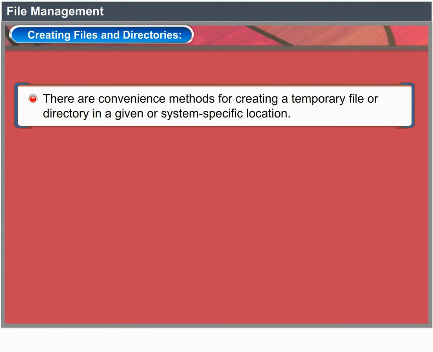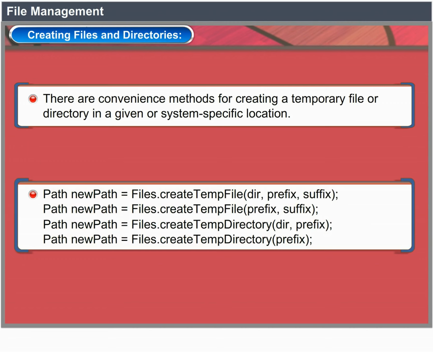There are convenience methods for creating a temporary file or directory in a given or system-specific location. Path newPath = Files.createTempFile(dir, prefix, suffix); Path newPath = Files.createTempFile(prefix, suffix); Path newPath = Files.createTempDirectory(dir, prefix);